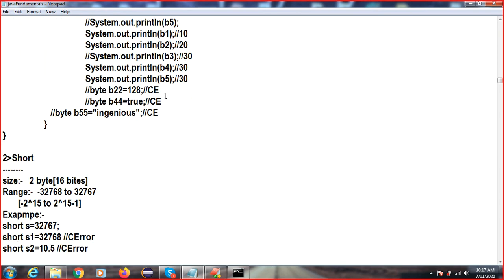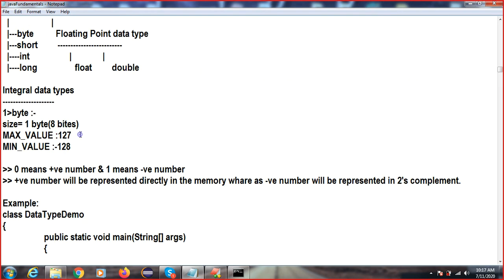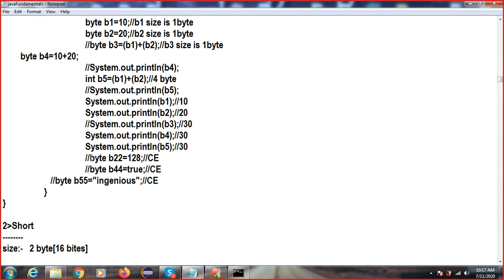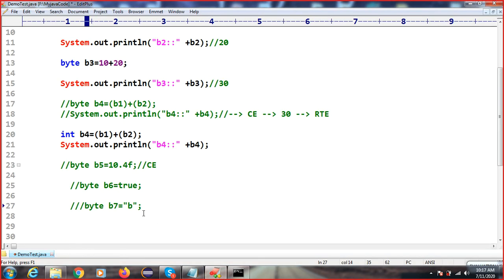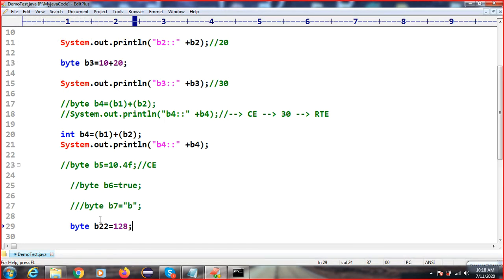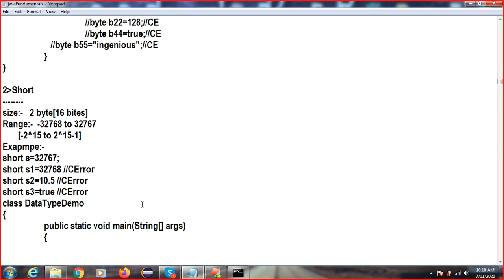One more thing I did not discuss here. What is the size? 128 is the maximum value you can store. If you try to store more than this, if you exceed this value, then also you will get a compile time error. Okay, I'm trying to exceed this value, and I'm also getting this compile time error. You can see incompatible type, we cannot store this. Got it right? So this is another point we needed to discuss. I already discussed the short type.